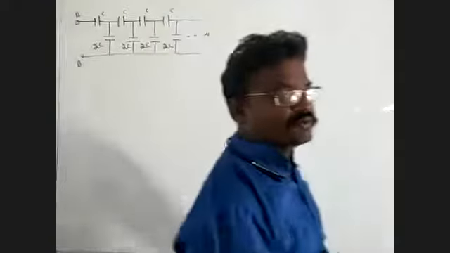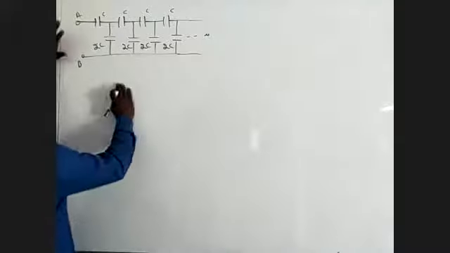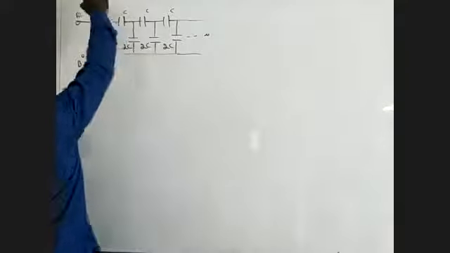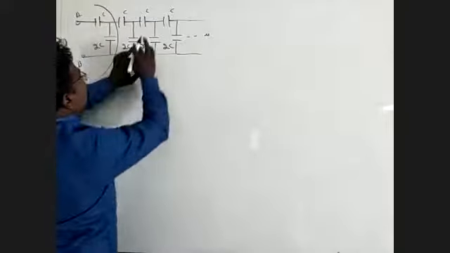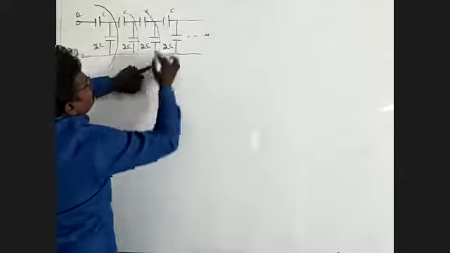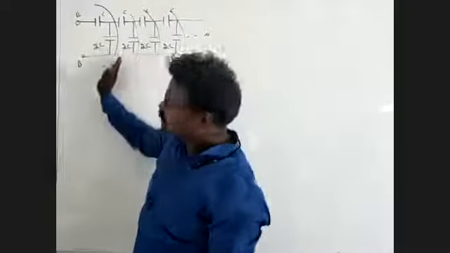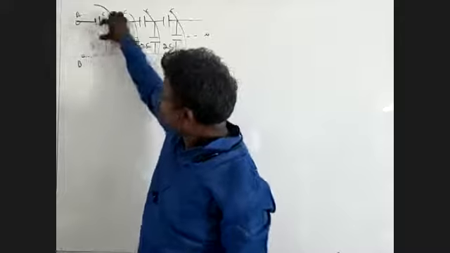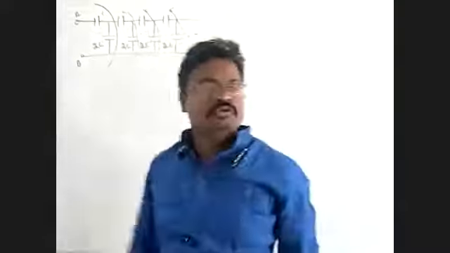This is one type of model, very, very important. Keep in your mind, this is one capacitor, this is another capacitor. In the second part, this is one capacitor, this is second capacitor. This is the same part, repeated up to infinity. In the first part, one capacitor, this is another capacitor. Same type of systems are repeated up to infinity.